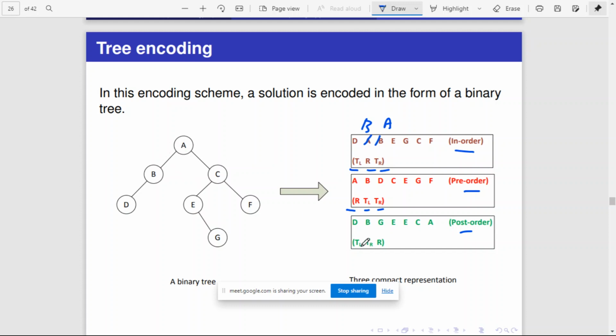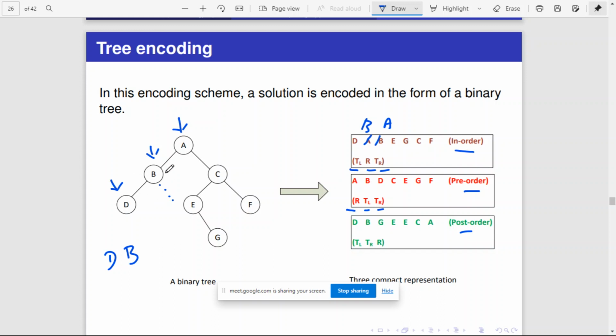So here first we have to go to the left end. Okay, so is this the leftmost child? No. Then go here. Is this the leftmost? No. Is this the leftmost? Yes. So display it, D. After that we want to visit right. So go to the right child of its parent. There is no right. As there is no right, after right we have to come to parent. So that is root node. So display B. Okay. Now considering root node A, the left part is visited.